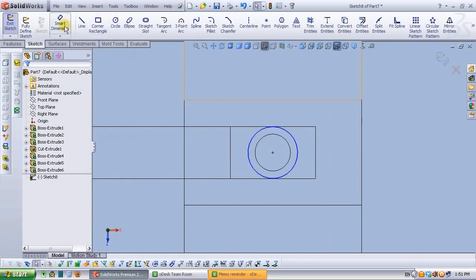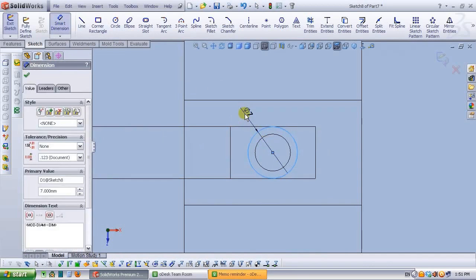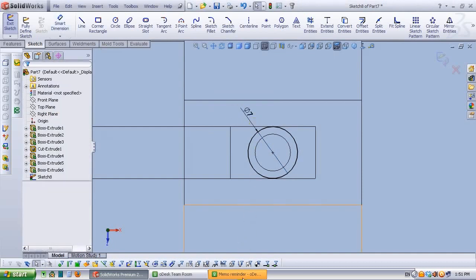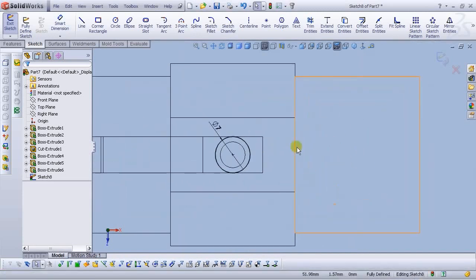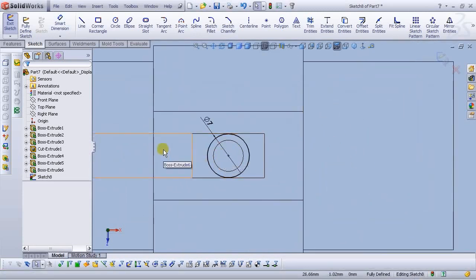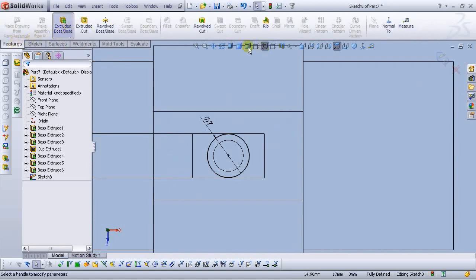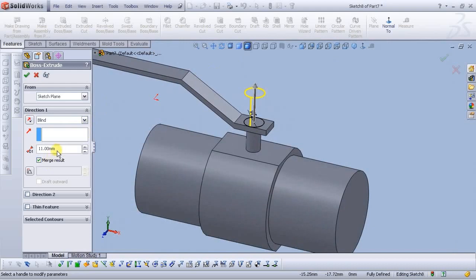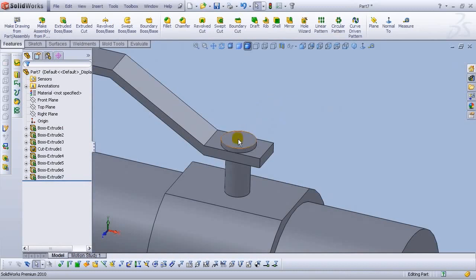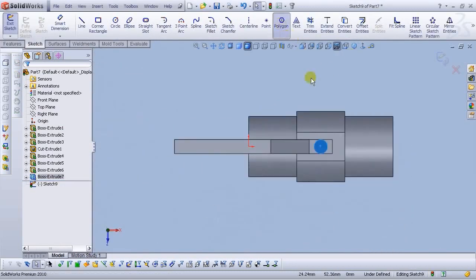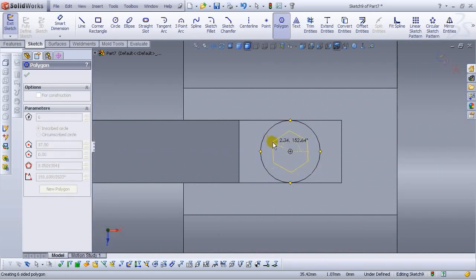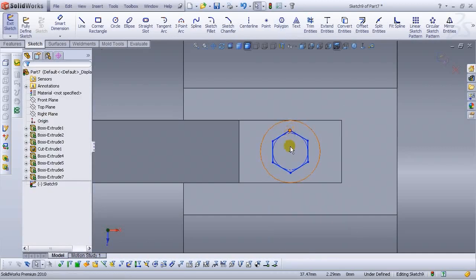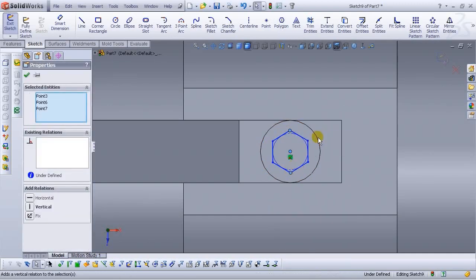Oops, we cannot extend in this direction. Let's draw a line. Try. Okay. Let's modify this distance to 1.7 millimeters. Now let's extend entities. Okay, that looks good. And let's trim entities right about here. Okay. And let's draw a line to close the sketch. Okay, this looks good. And go to the Features, extrude boss base,